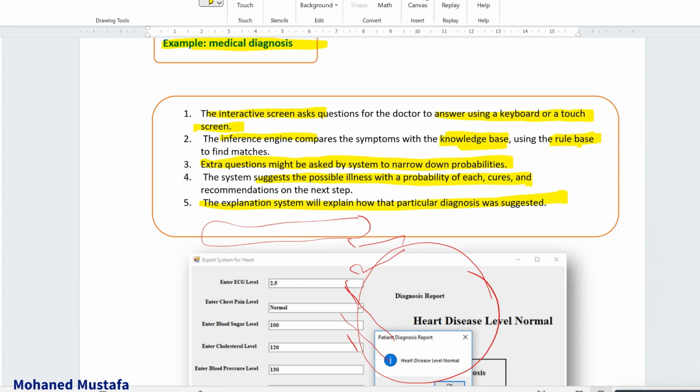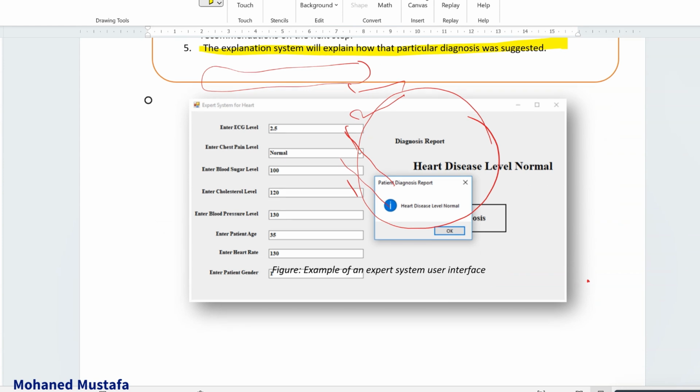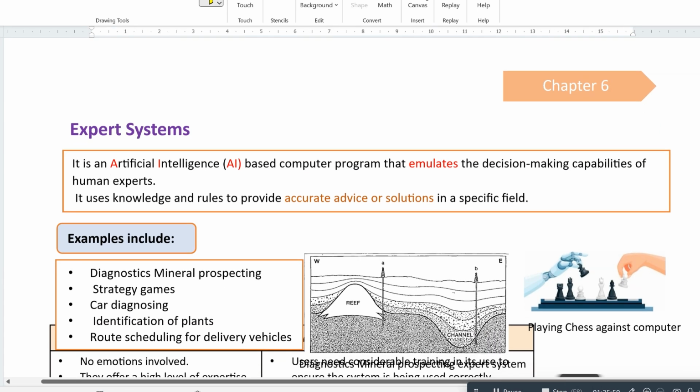Very good. So expert systems are a huge topic in this chapter. They might ask you what we mean by it. They might ask you how to create it. They might give you an example and ask you to mention the steps needed by an average person to query the expert system and get some sort of results. Are we good? Next,